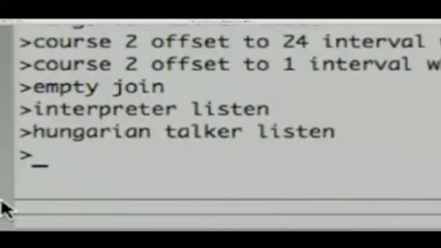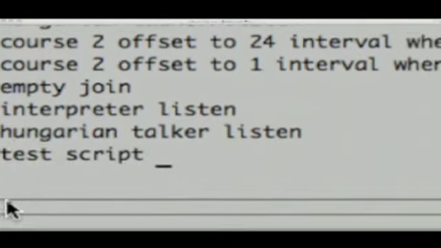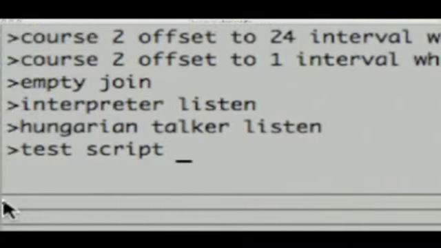The normal Bel Canto command, I'll type that first. The normal thing I'd say would be test script. So you remember I gave the script a name, test script. So this is the normal thing you'd write. You say test script